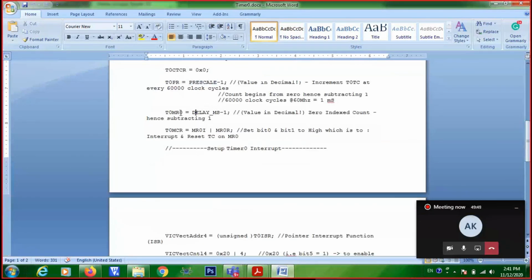That I have already defined by #define. Then in the next statement, T0MR0 equal to this. What does it mean? T0MR0 is the match register 0. I am configuring it as delay in millisecond minus 1. Why minus 1? Because it is counting from 0 to 4999, it is 0 indexed.